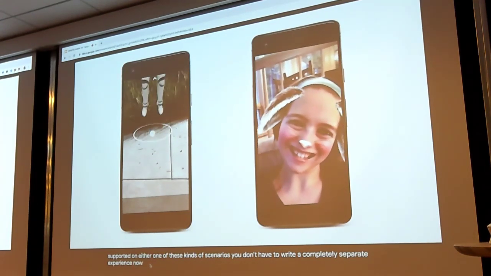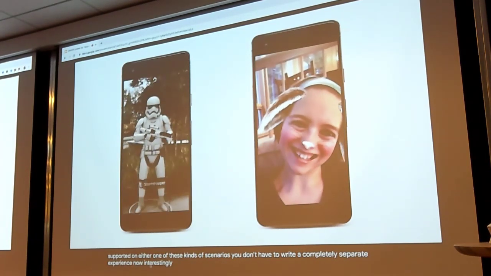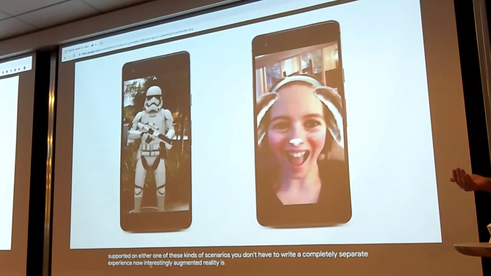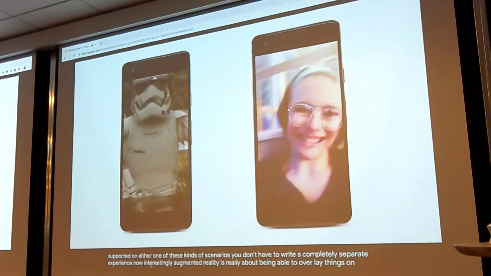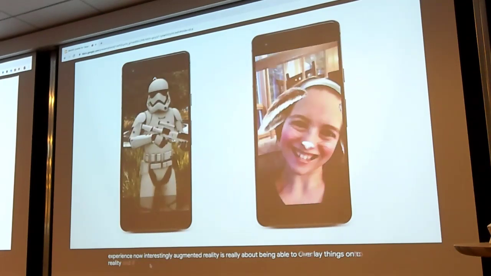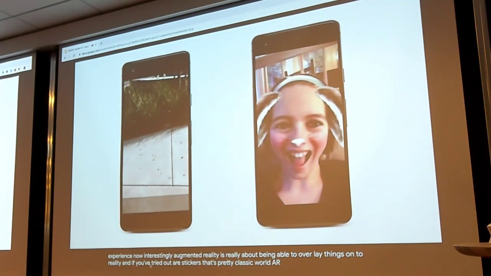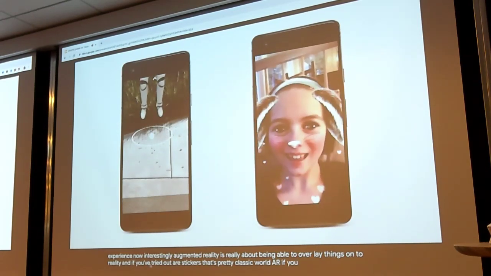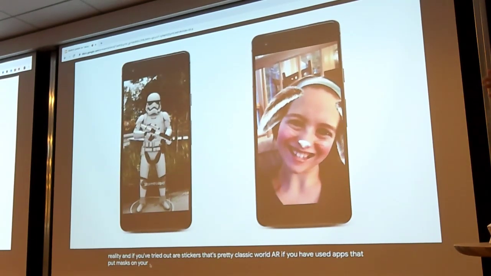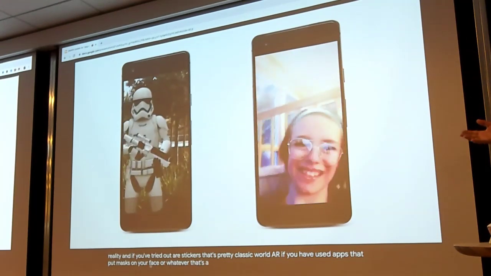Now, interestingly, augmented reality is really about being able to overlay things onto reality. And if you've tried out AR stickers, that's pretty classic world AR. If you have used apps that put masks on your face or whatever, that's a different type of augmented reality.